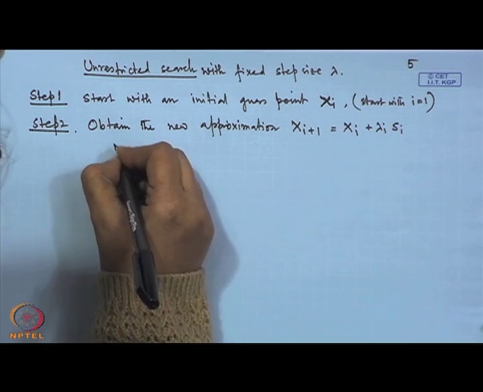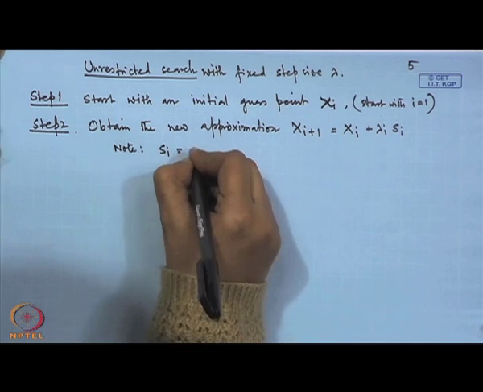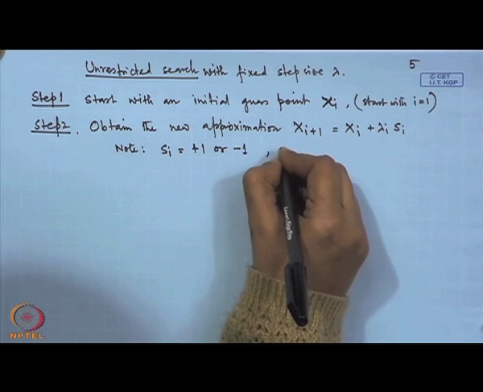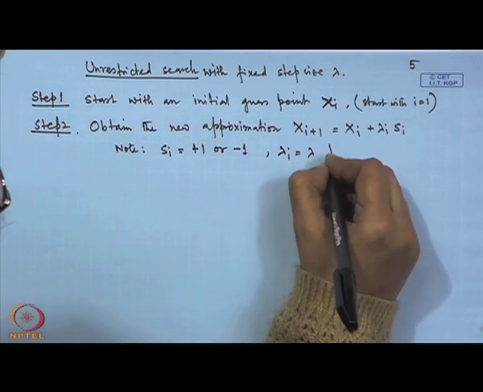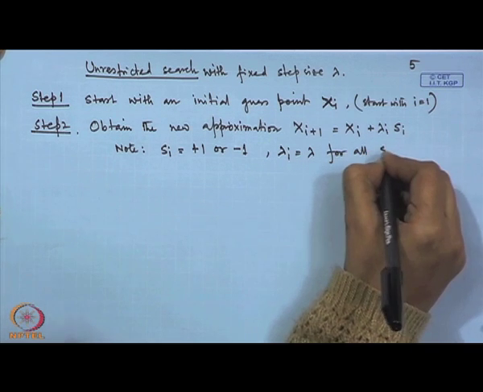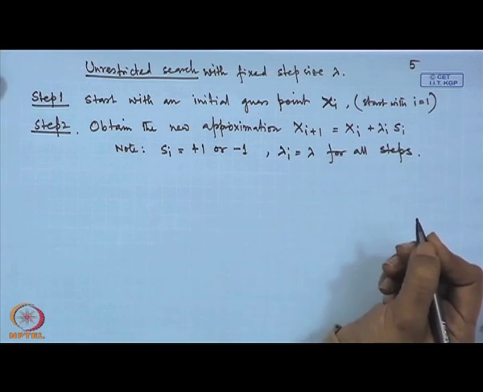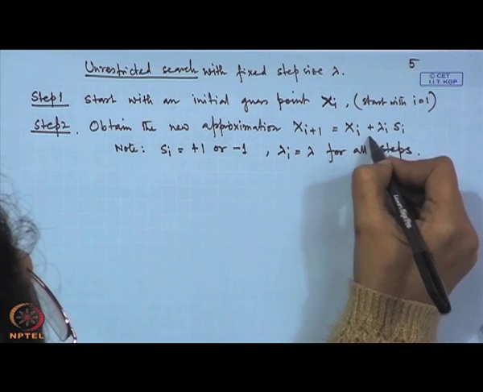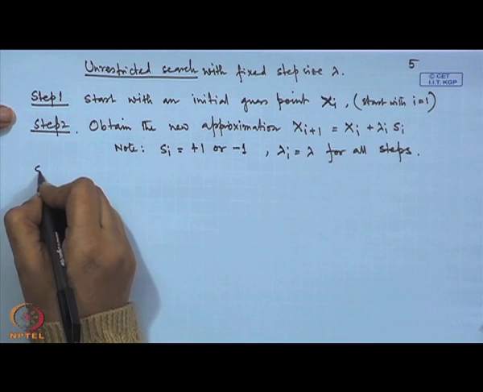Now, let us note in this case that si is equal to plus 1 or minus 1 and lambda i is equal to lambda for all steps, because we are considering the fixed step size lambda here. Now, we are moving to the next, that is why x1 is going to x2. How? Either it is x1 plus lambda or x1 minus lambda, and we will check